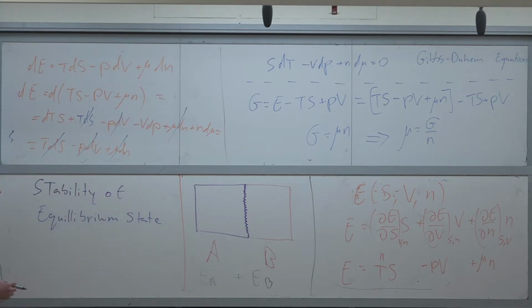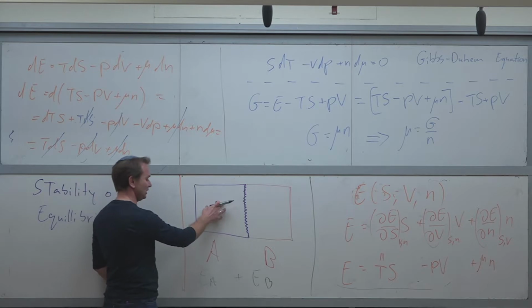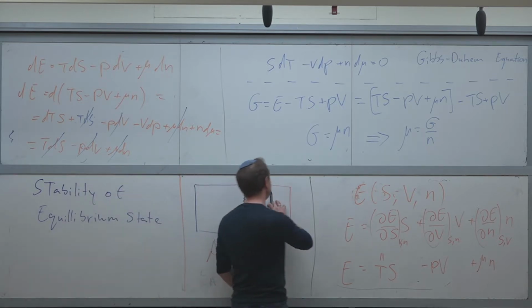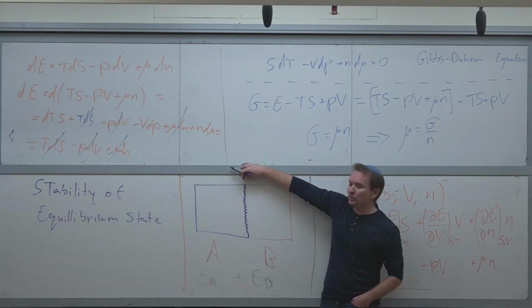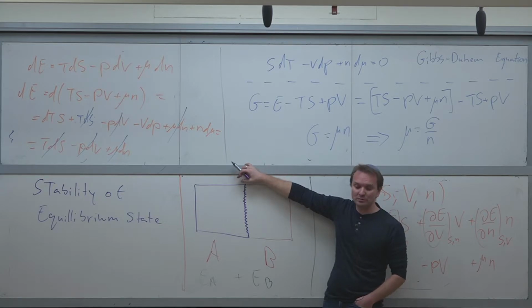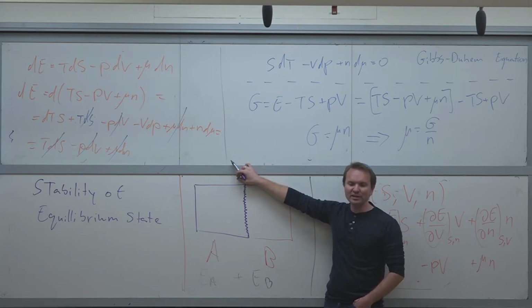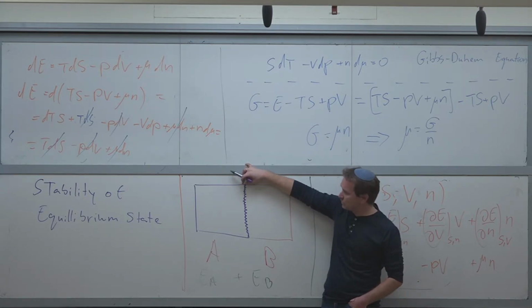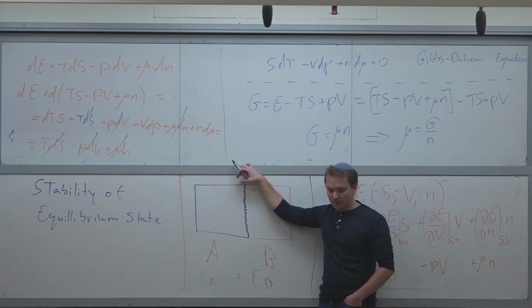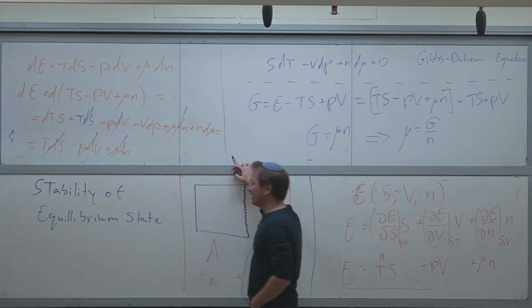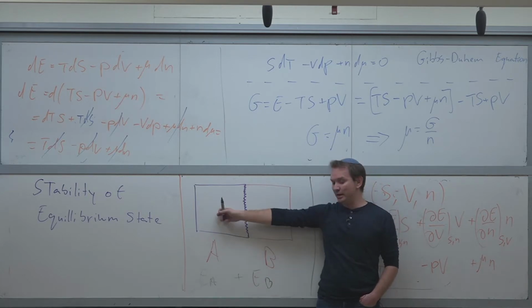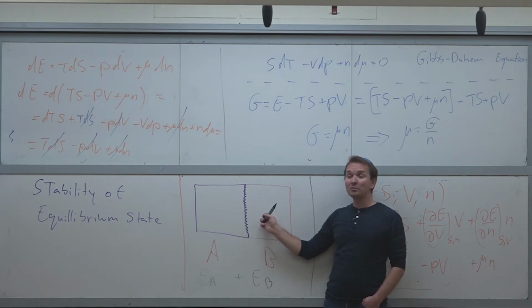Now I can say that there is an energy EA, I can say that there is an energy EB, but there are also some interaction energy between the two systems. I shouldn't neglect them. Those interactions might be important. But still, what I'm doing is claiming that system A and system B are macroscopical systems,